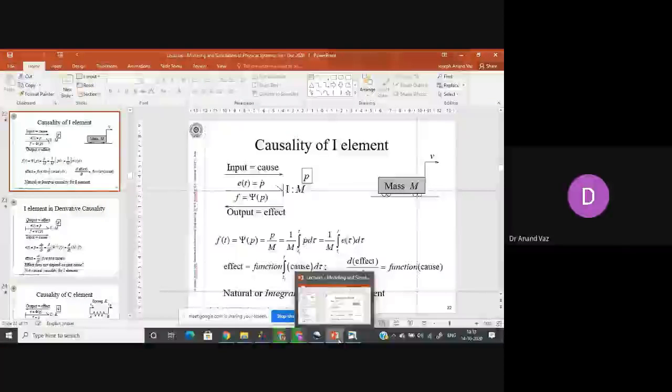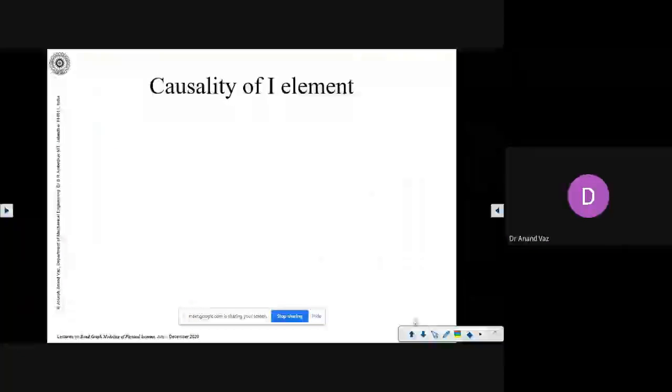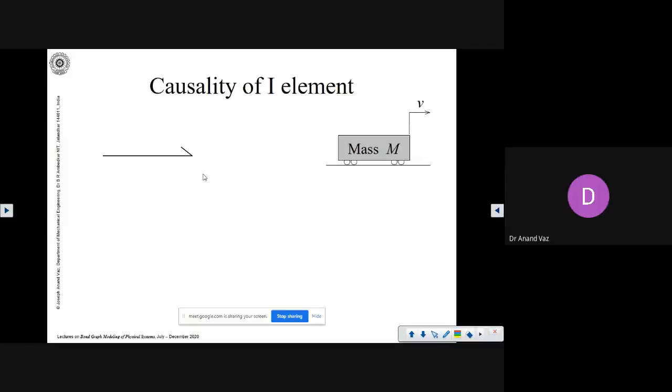We were discussing causality, the cause and effect relations, and we were discussing the causality of the I element. And we had discussed it with reference to a mechanical quantity, that's a mass. And we had seen that whatever effort is applied to this mass, whatever force is